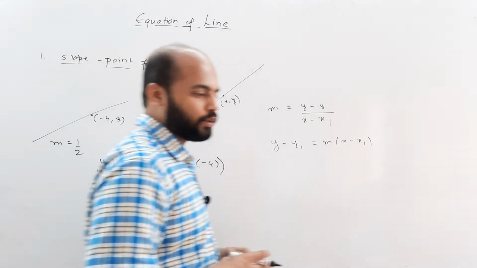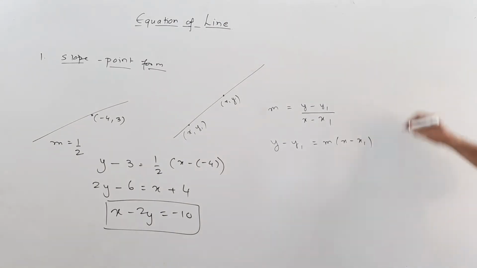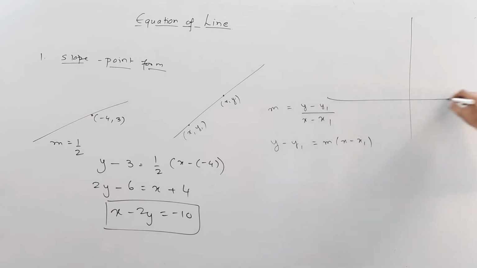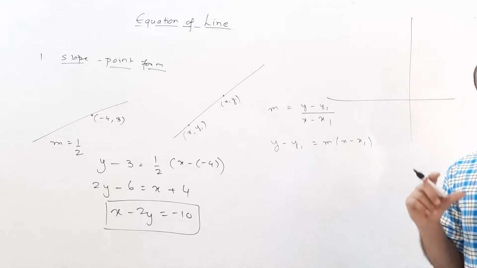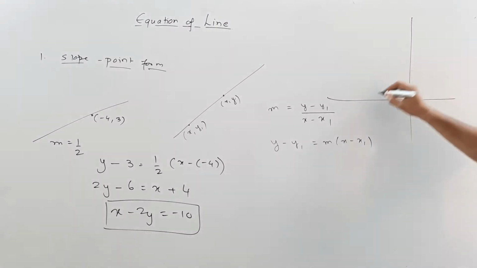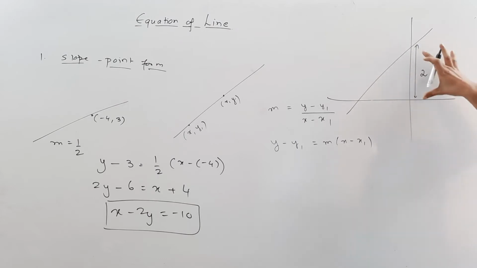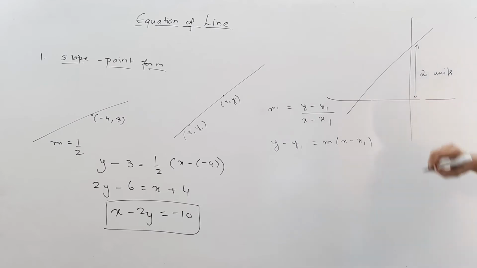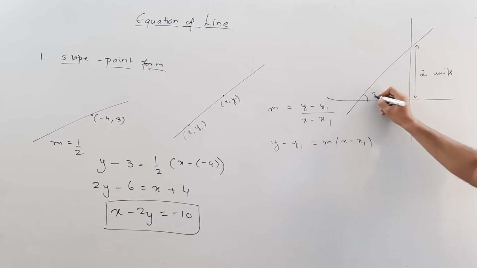Let's take another example to get a better feel of this. So it's given to us that there is a straight line which cuts the y-axis and has an intercept of 2 units. So it's given to us that this y-intercept that this line has is of 2 units, and the angle that it makes with x-axis is given as 30 degrees. So now we need to write the equation of this line.